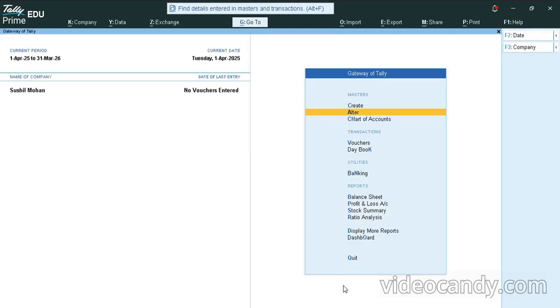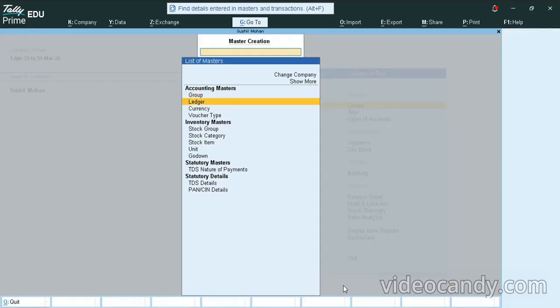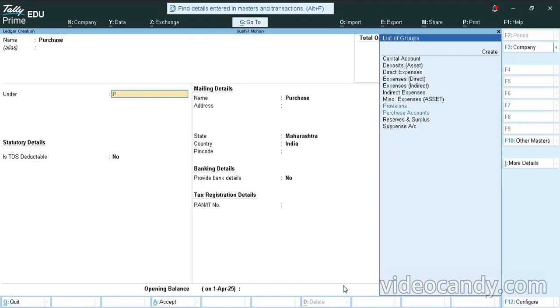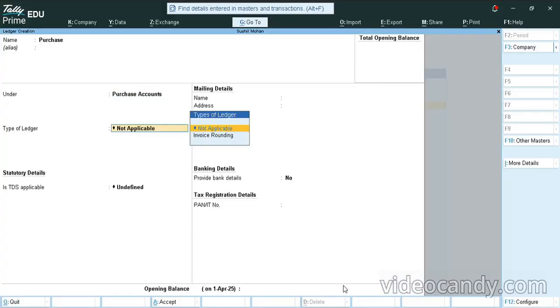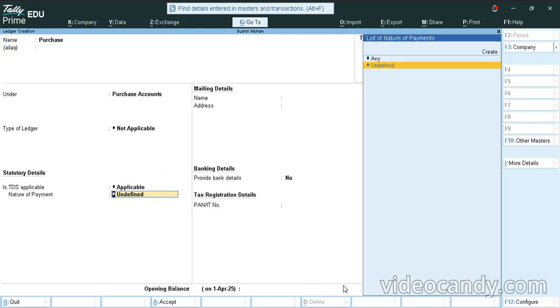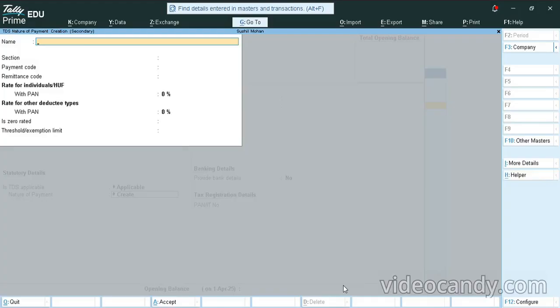After that you have to come over here, create option, enter. Ledgers, you have to create a ledger called purchase. So I'm just making a ledger called purchase. Purchase will go under purchase account. This should be not applicable. Here is TDS applicable. It says undefined. Make it applicable by pressing spacebar. And over here there's an option called create. Over here it's asking you the name. Here you type your TDS. Enter. Section is